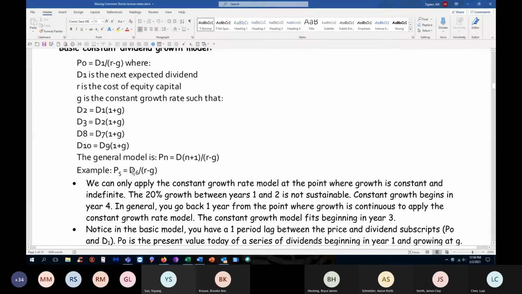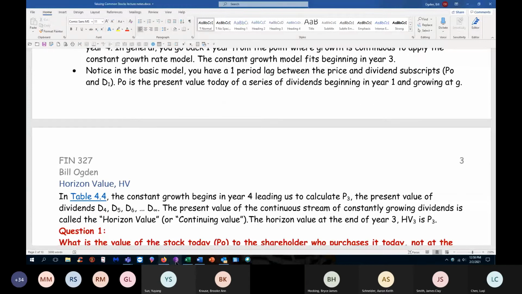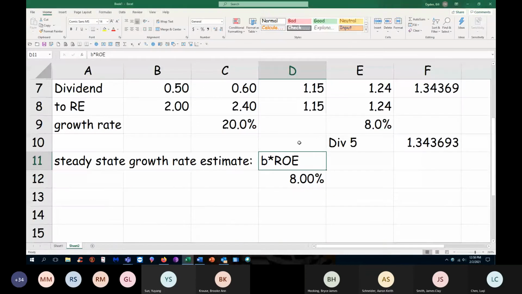So there's always a 1 period lag between the dividend and the price, isn't there? All right. Now for us, we're moving into constant growth